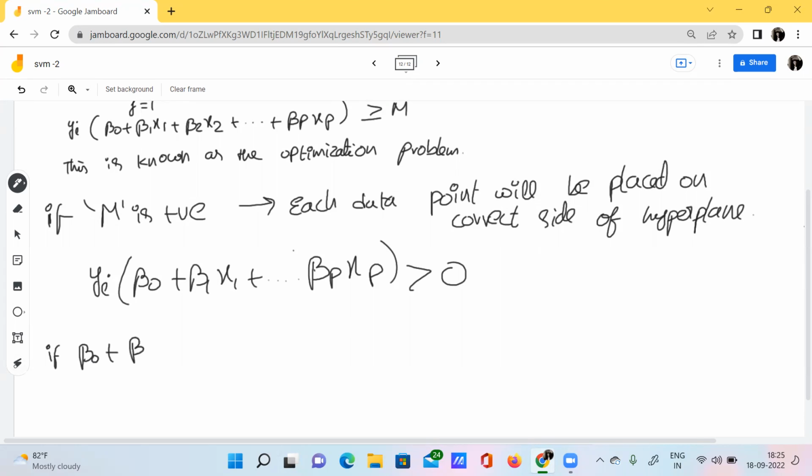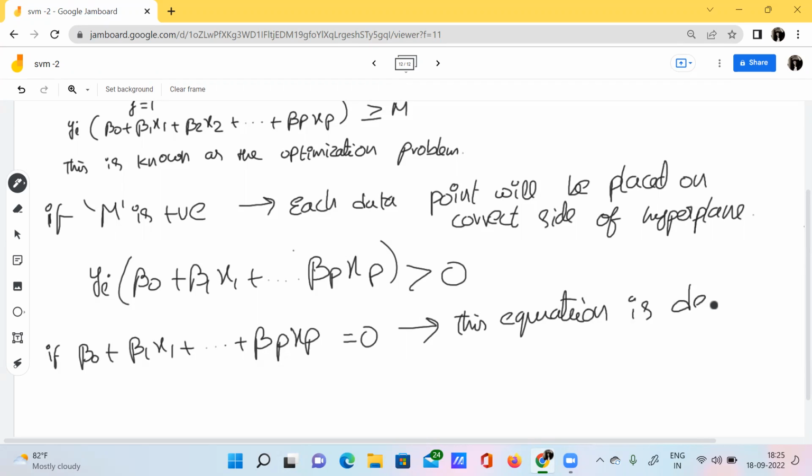beta naught plus beta 1 x1 plus and so on plus beta p xp is equal to 0, then we can say that this equation is defining a hyperplane.